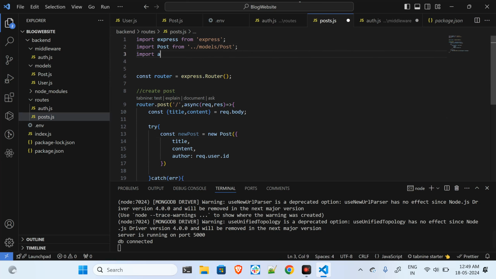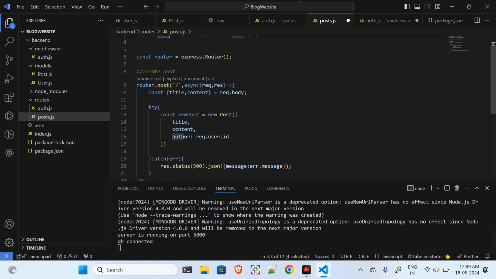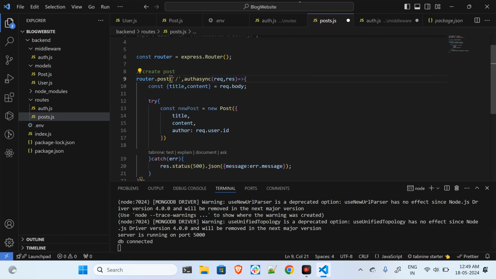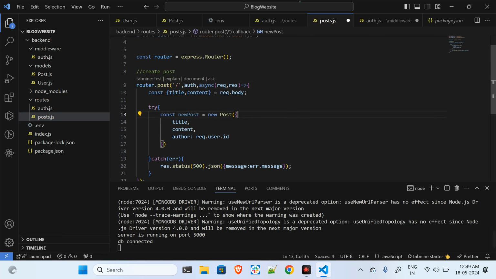I will say import auth, and I will import it from the middleware, not this place, middleware and on.js. Okay, so I've imported it, and I have to make sure that whenever the user tries to create the post, the user has been authenticated. So I will put it over here. This will make sure that only the authenticated users are able to create the